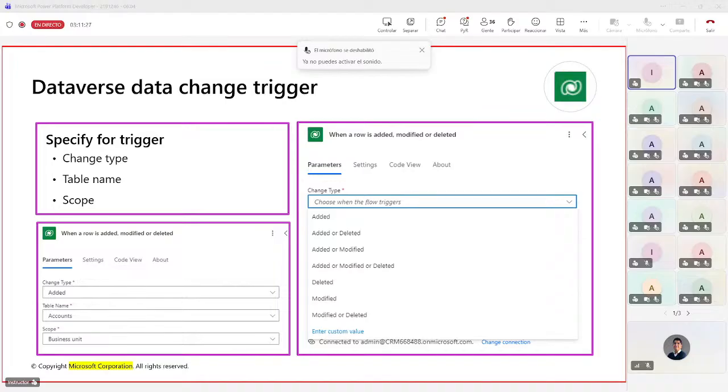Now, table names aren't presented in alphabetical order, so using the filter can be helpful in an environment with a larger number of tables. And third is the scope, right? When you create a Dataverse table, you specify the type of row ownership. So the organization can own the rows, or the user or team can own them as well. So basis all these three details,